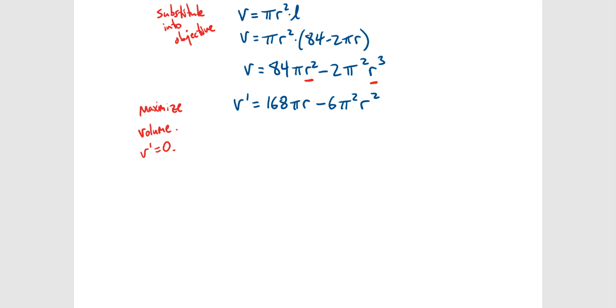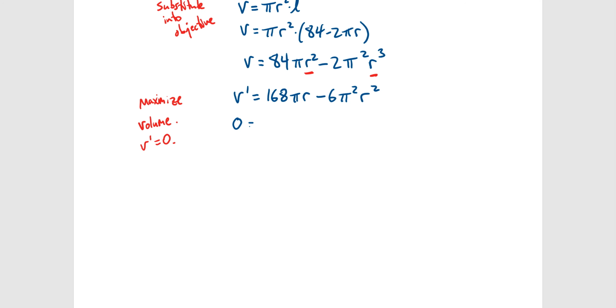And now we're going to set this equal to 0 and solve it. You can see it's going to be a little bit harder for this one. So what we can actually do here, keep in mind that factoring is going to be helpful. We can factor out a GCF of 6 pi r. Factoring that out front, we're going to be left with 28 minus pi r. And then we set both of these equal to 0. So that's going to be